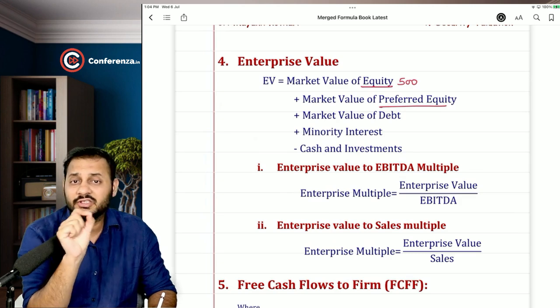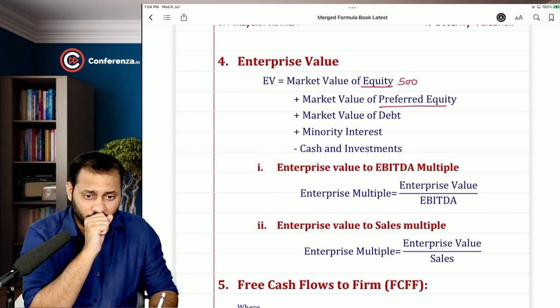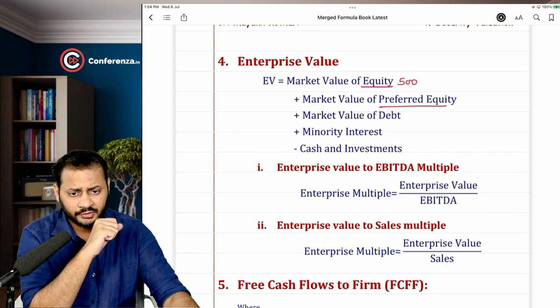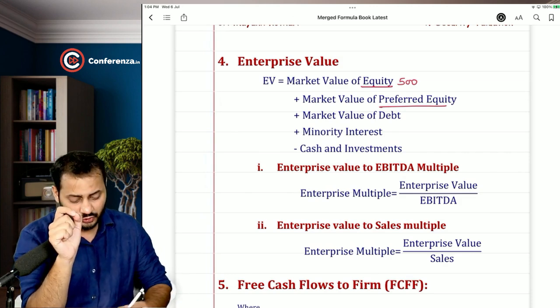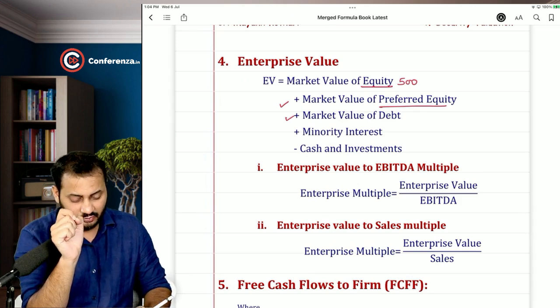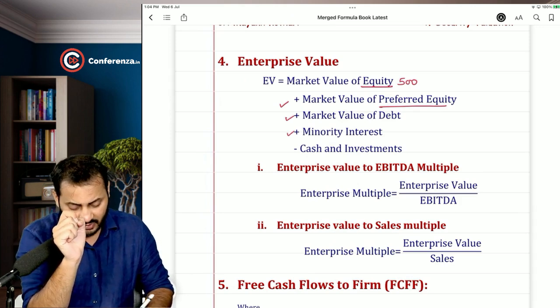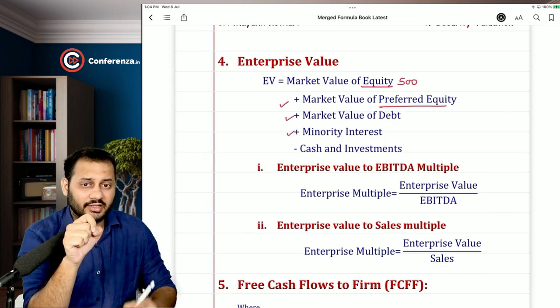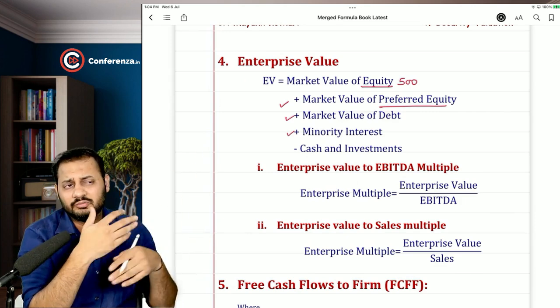The preference shares in the balance sheet are also a liability that you are buying. So it is going to add up to your cost. Market value of the debt is also going to add up to your cost. If there is any minority interest, that is your liability. This comes only when there is